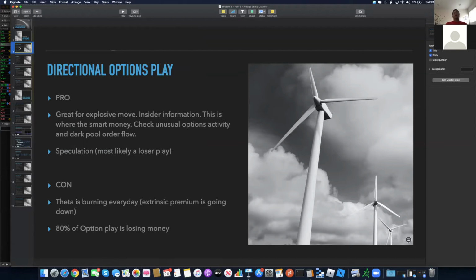Then you know they're basically betting the company, hey, this stock will explode and it will go up 10 points. Then it's good to play with options, because eventually the option price will explode exponentially. So that is a good thing to know. And this is also where the smart money is, where people know the information. You can also check the unusual activities and the dark pool order flow. So those are good sources, I would say, to find out where the big money or the smart money